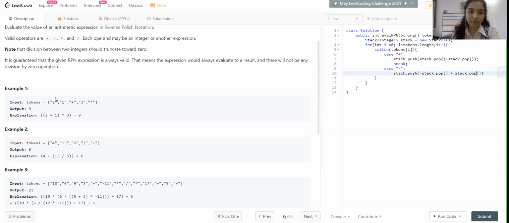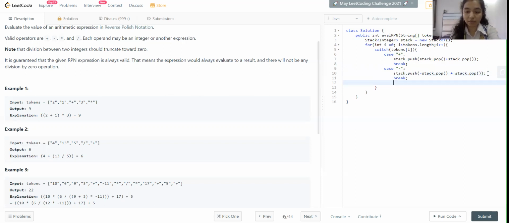So we get minus 1 plus 2, which is 1. We are just reversing the signs of these two to achieve our result.